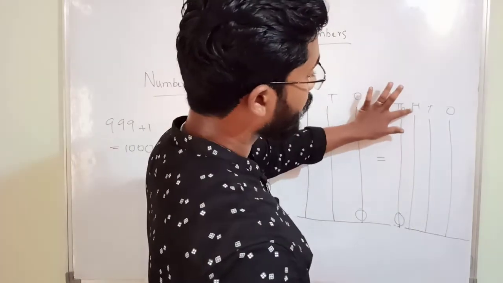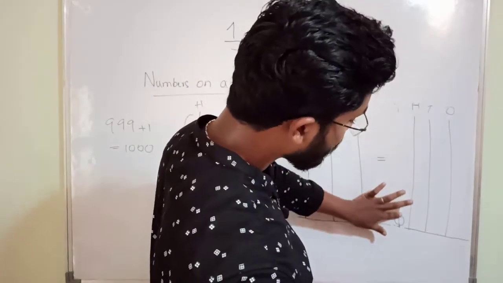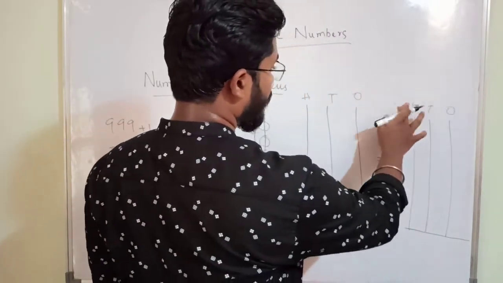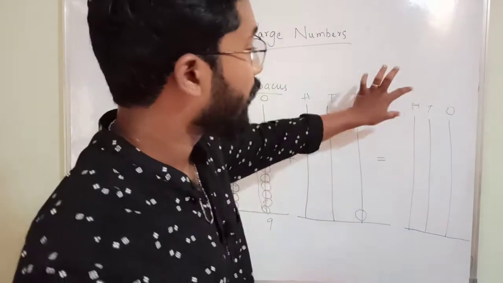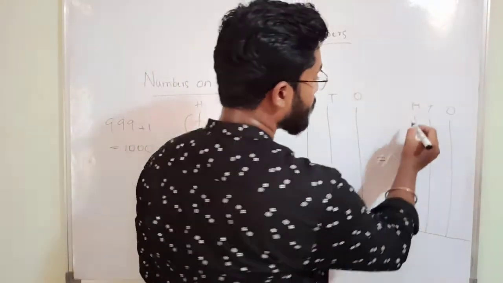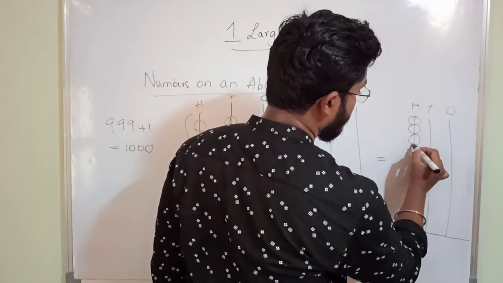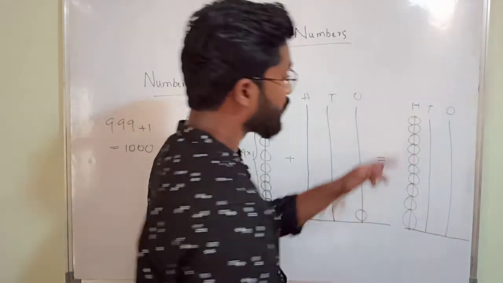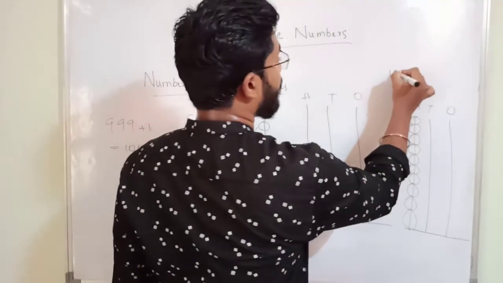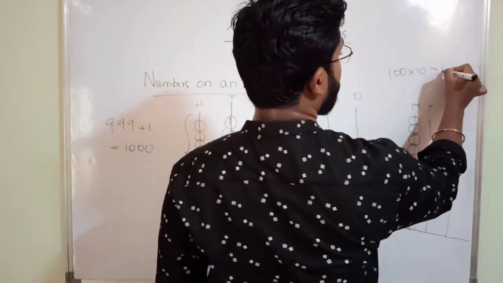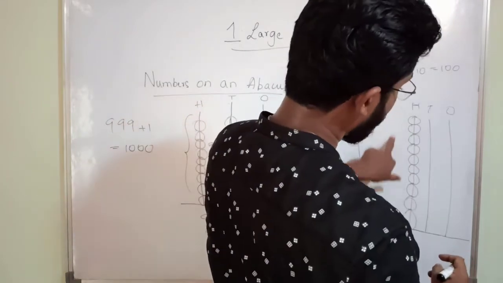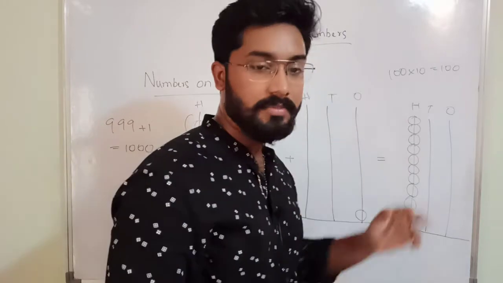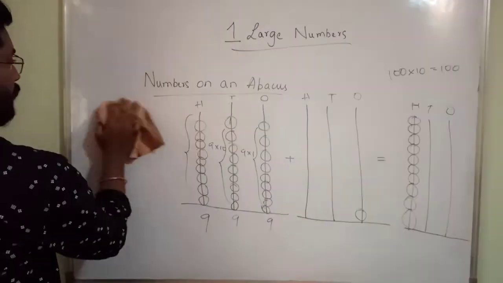Or else, if you don't want this, instead of keeping 10,000 value here, you can do it directly by keeping 10 beads in 100 value, means 100 into 10 equals 1000, no? Or else you can keep thousands value also, or you can take 10 beads in hundreds place also. Like this also you can solve. Okay,